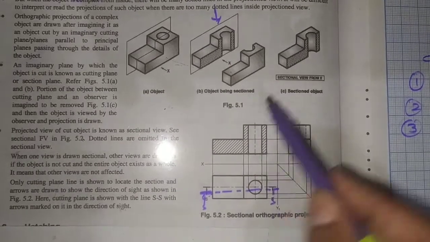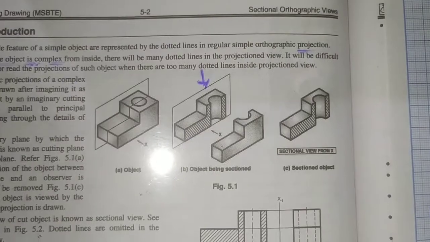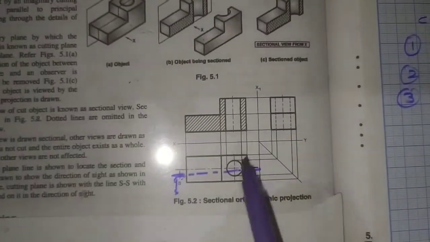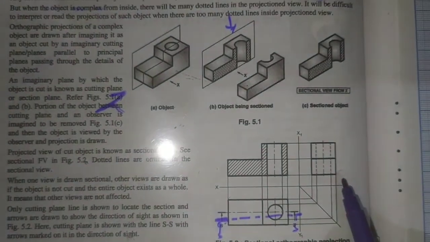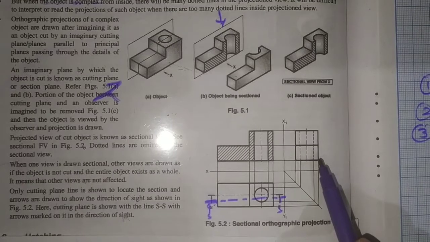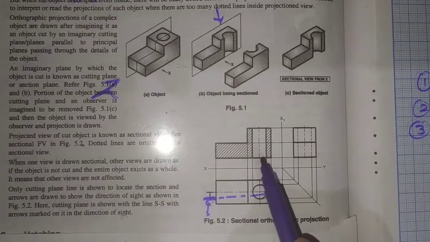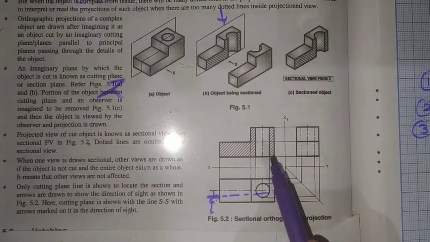That effect is observed in which view? Here the X is given, the front view. That effect is observed in the front view. The side view, if we draw from this side, is given here. There is no change of cutting action in the top view and side view. Only the change is obtained in the front view. That is very important here. Okay, thank you.